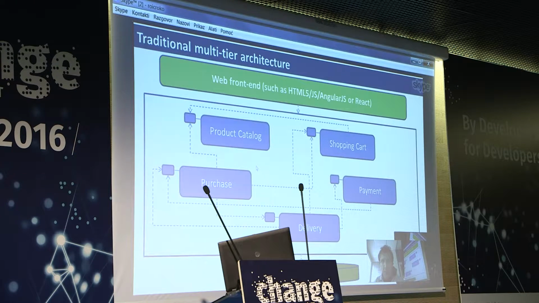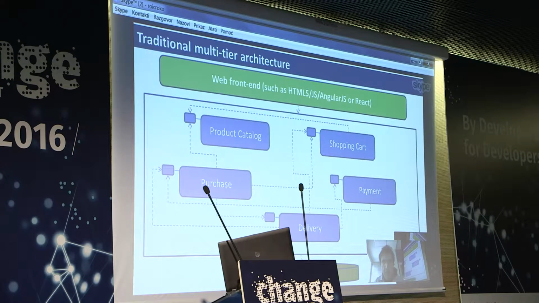a very well-known problem is also how to upgrade versions. If we would like to update the purchase service, for example, we would need to redeploy the whole application. And a little bit different aspect, what if we would like to upgrade the technologies?